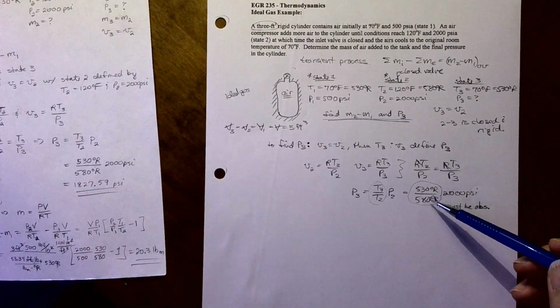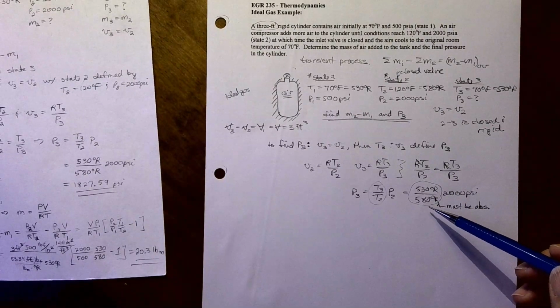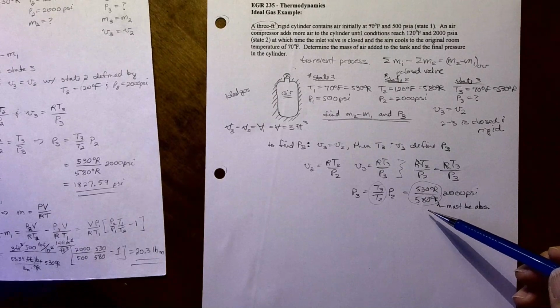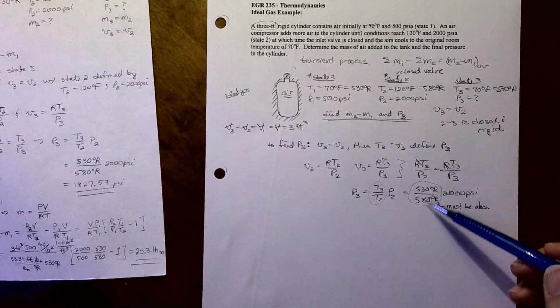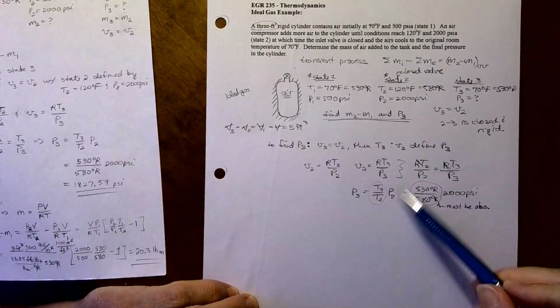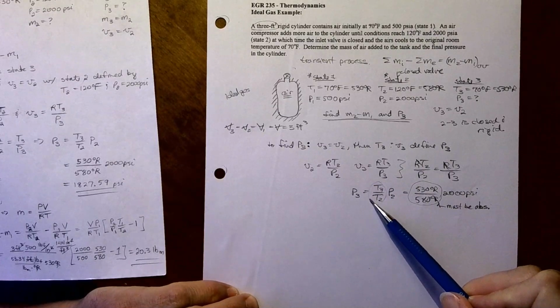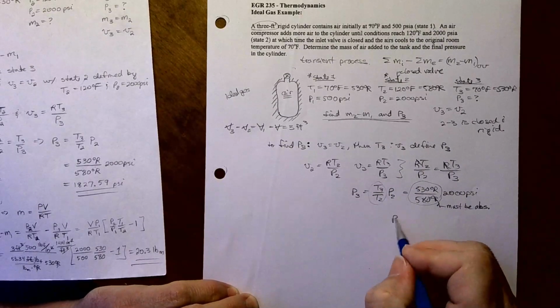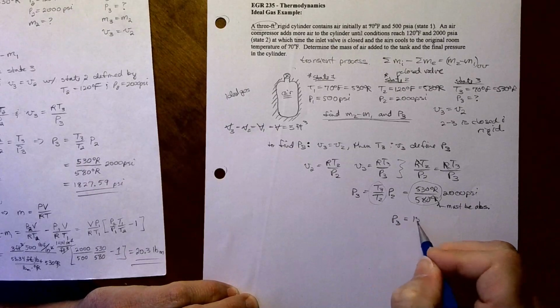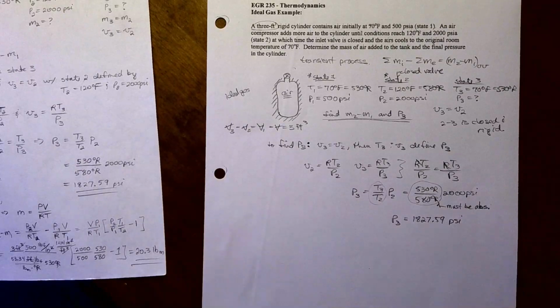Notice that if we put degree C in here, this ratio is going to be completely different. So that's one of the things that gives away when you need something to be in absolute values, is if you're taking a ratio. But also know that this equation that we're using here was derived from the ideal gas equation of state, which requires absolute temperatures. So this gives us a final P3 of 1827.59 psi